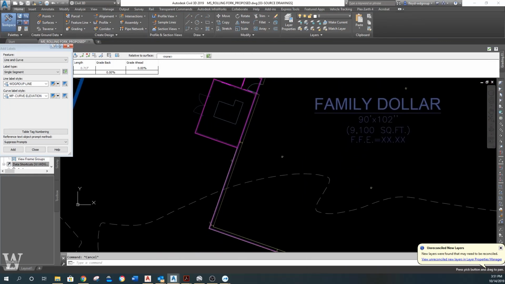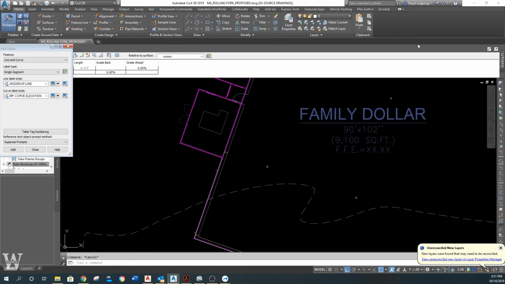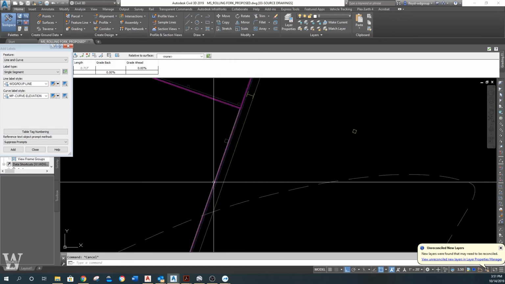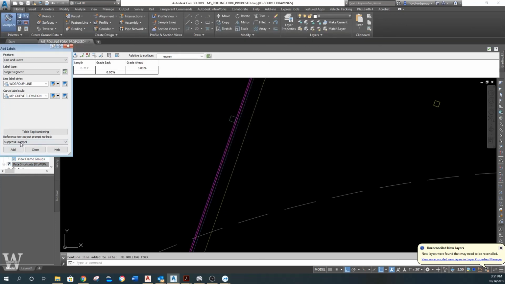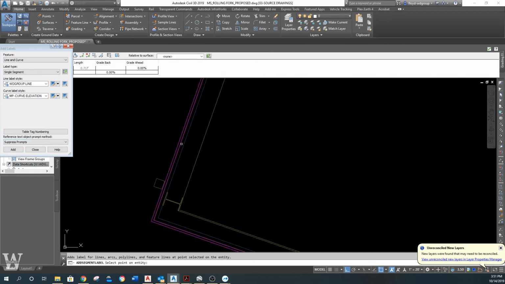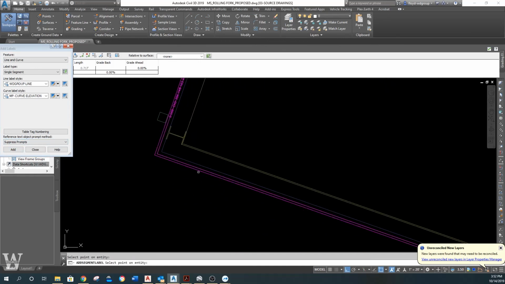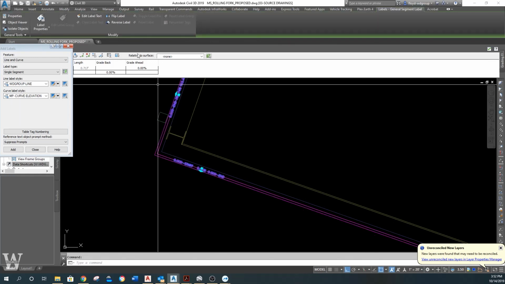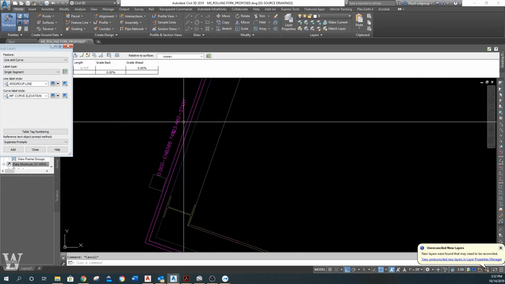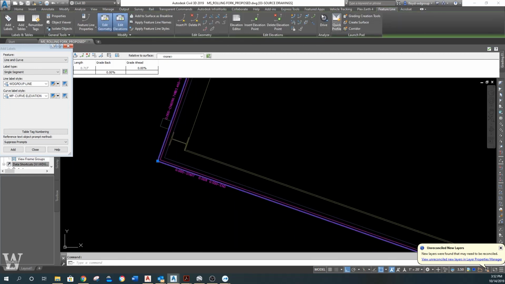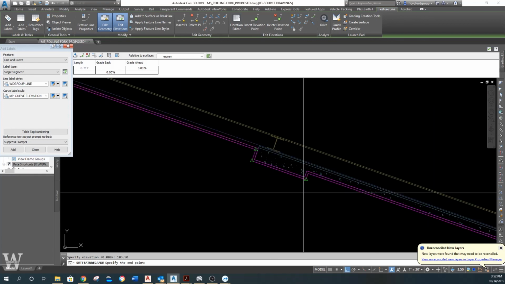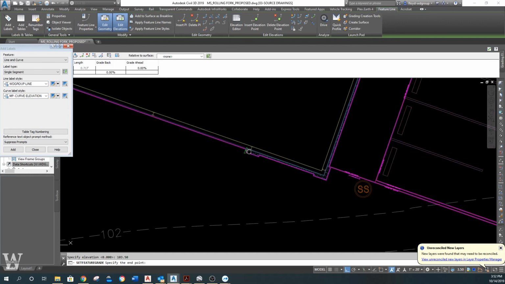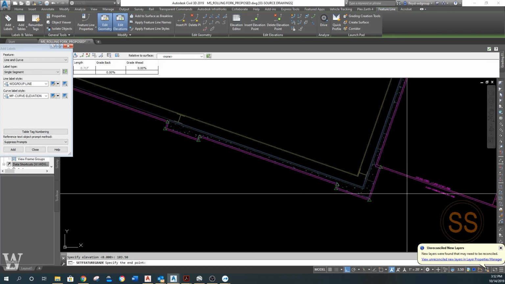We did the HVAC pad in an earlier video, okay. Now let's do this right here. Feature line from objects, and this end should have picked up that end from there. Okay, we'll flip the label so we can read them, and it did pick up that end. It didn't pick up anything on this one, so we're just going to make this elevation 103.5, 6 inches lower than the other, and this is going to be 103.4 on this end,